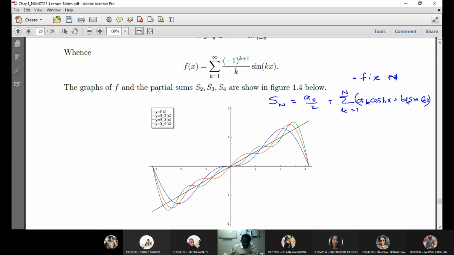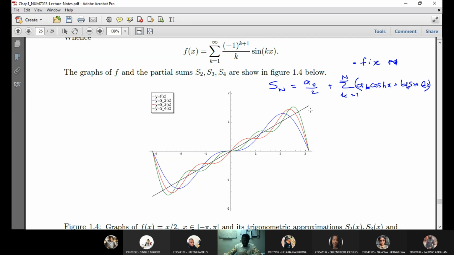So we will be computing partial sums. What is a partial sum? When you have a series, it runs from maybe 1 to infinity. A partial sum means that you take n terms, right? So we fix n, and we define S sub n, which is the sum when k runs from 1 to n. So we call that a partial sum. Now, if you take n equal to 2, meaning that you will take k equal to 0, k equal to 1, k equal to 2, sum them up, add a0 by 2,